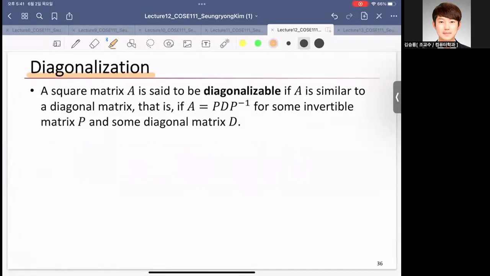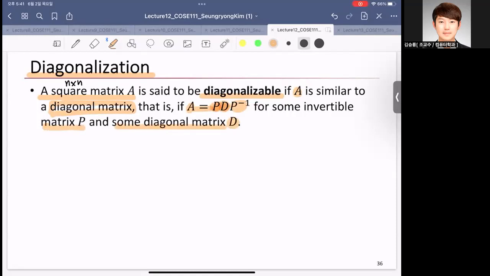A square matrix A, meaning an n by n matrix, is said to be diagonalizable if matrix A is similar to a diagonal matrix. That is, if there exist P and D that satisfy A equals P D P inverse, for some arbitrary matrix P and some diagonal matrix D,